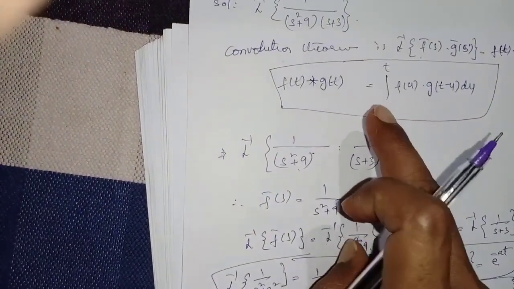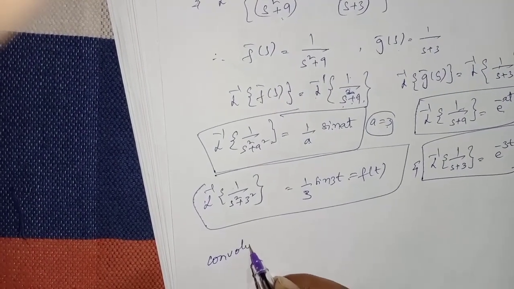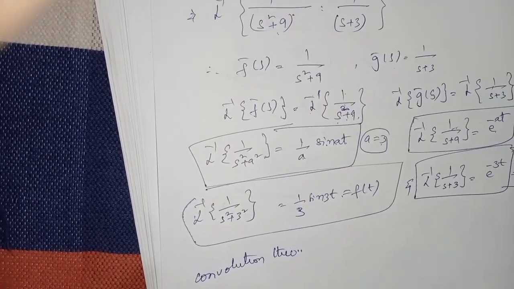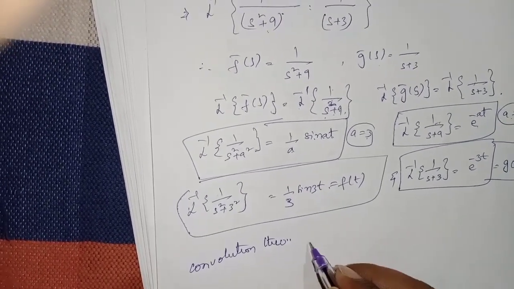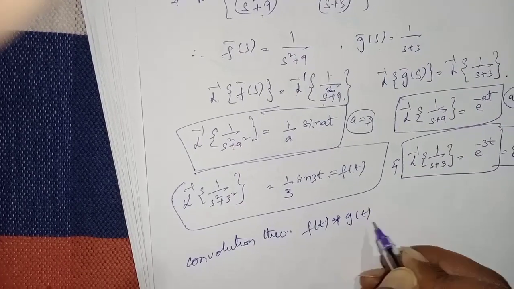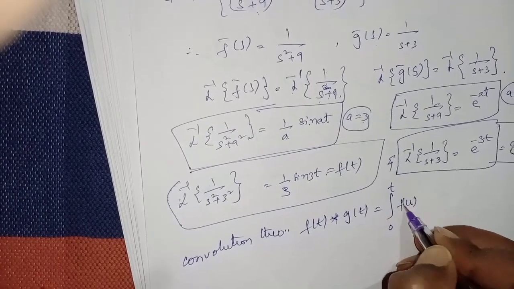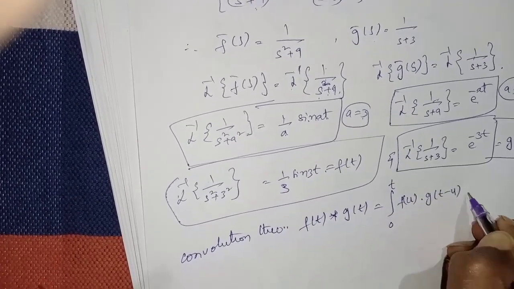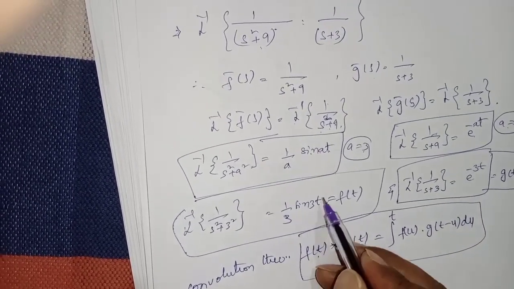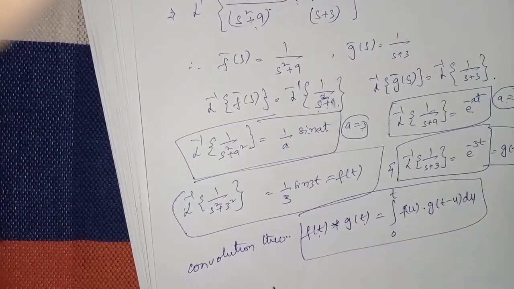Now the convolution theorem formula. Convolution theorem is f of t convolution of g of t is equal to integral 0 to t f of u into g of t minus u du. We know that this is the f of t, and this is the g of t. Substitute in the formula, that is equal to